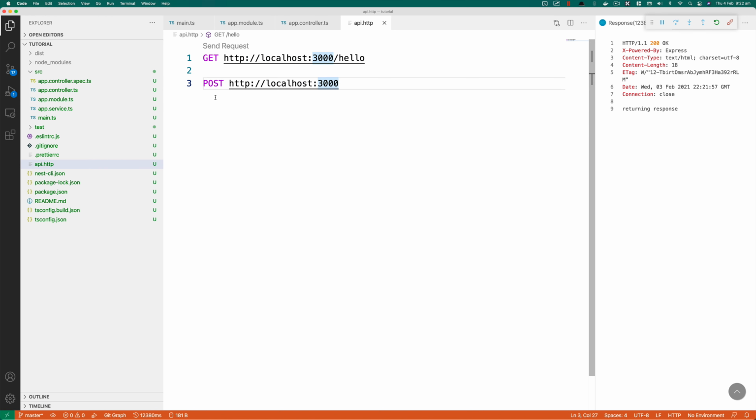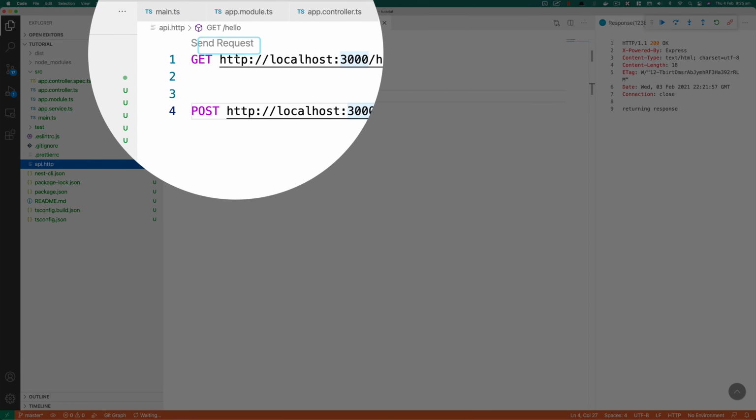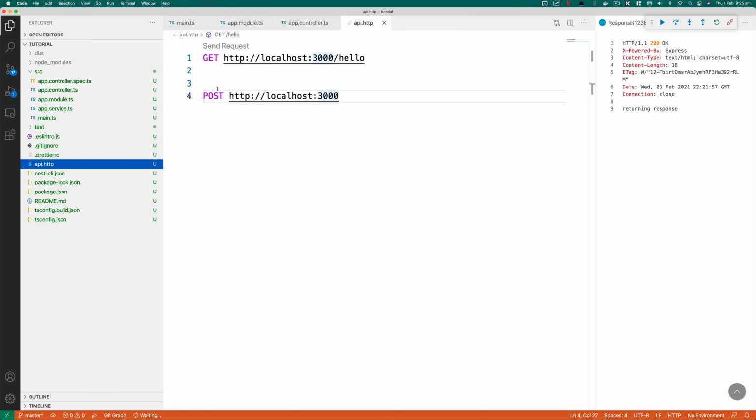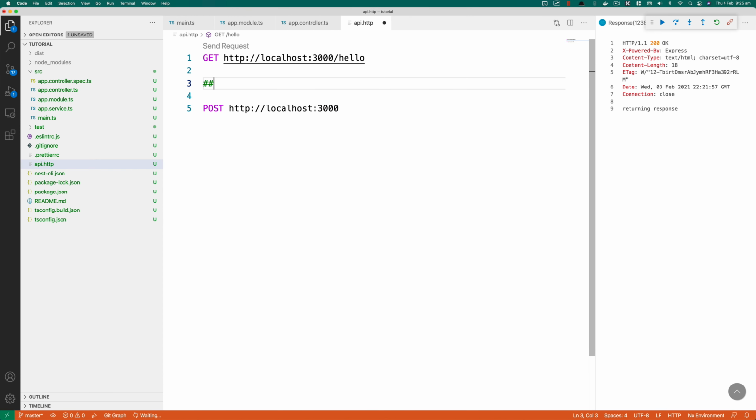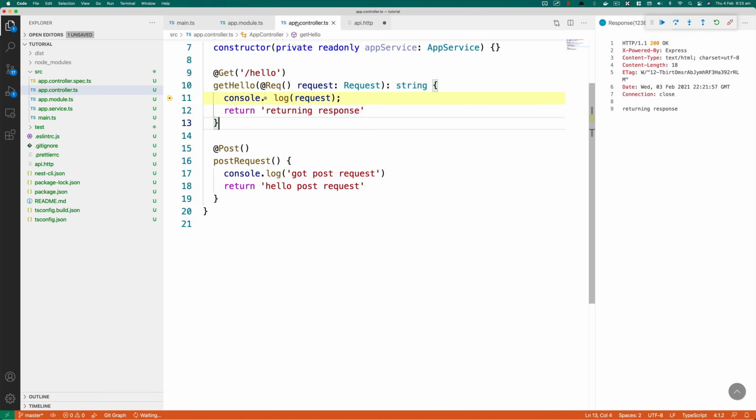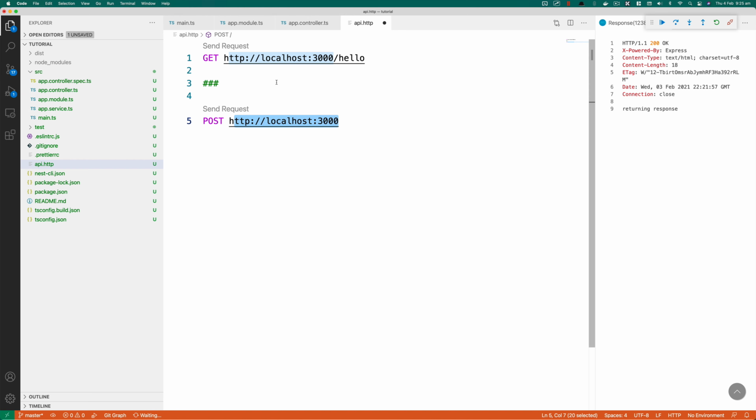I'll go to this, and I'll just trigger this request. As you can see, we have this send request button there, but it's not showing up for this post request. The reason for that is we need to type this hash three times to have multiple requests within the same file. And now I will click on this send request, and now it will send the request to this URL. So in the controller, I'm going to put this breakpoint there, and I will send a request. Once I click on send request,